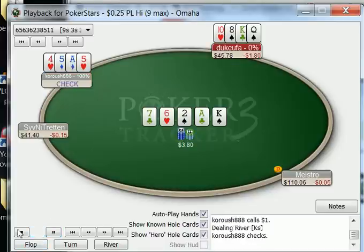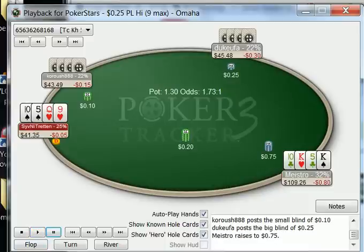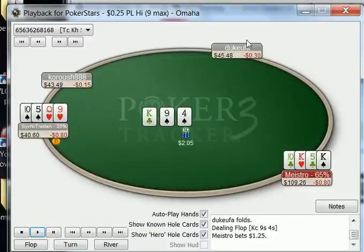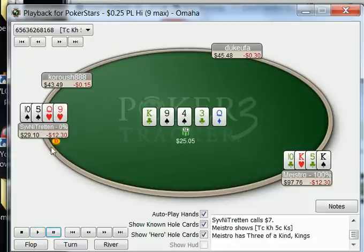And this is really interesting, actually, a really interesting line to check call with the ace. I guess he's more worried about being beat than anything. Checks back the flop. Anyway, so I open kings, weak kings, and it's about as standard as can be. Flop top set, bet, the turn, and bet the river. And I think against this guy, I mean, obviously flop, turn bets, what else are you